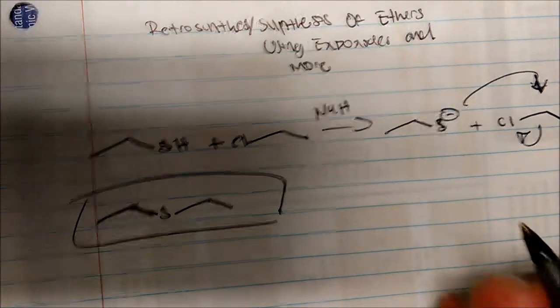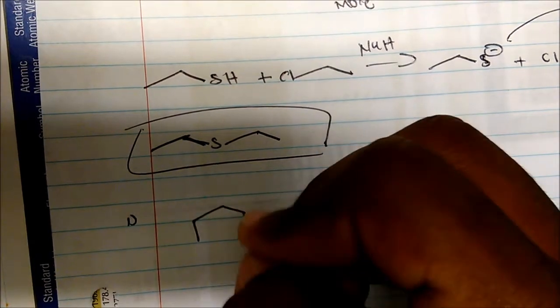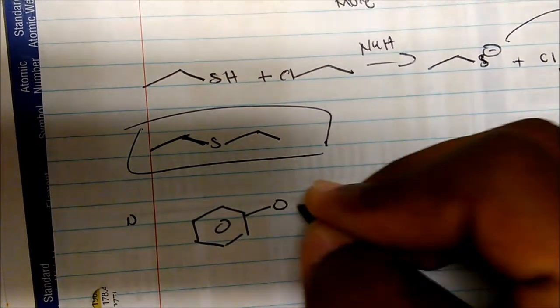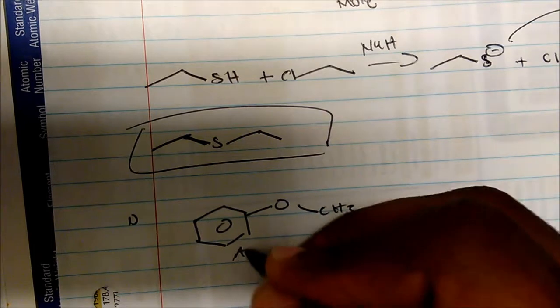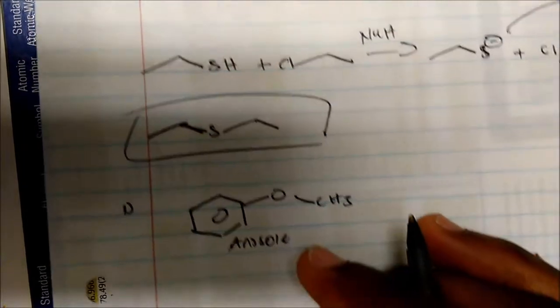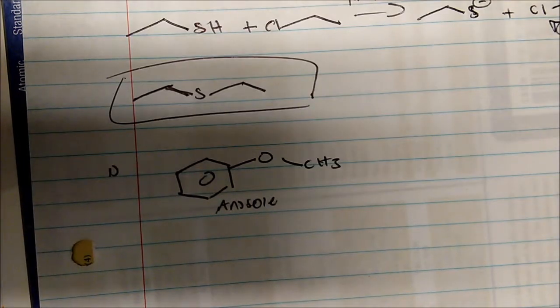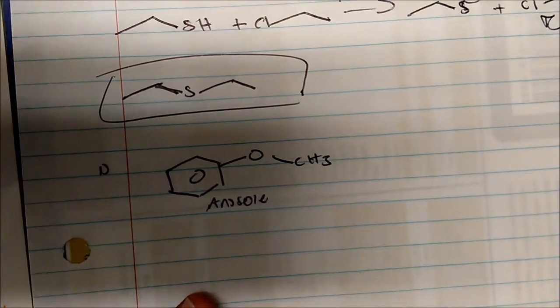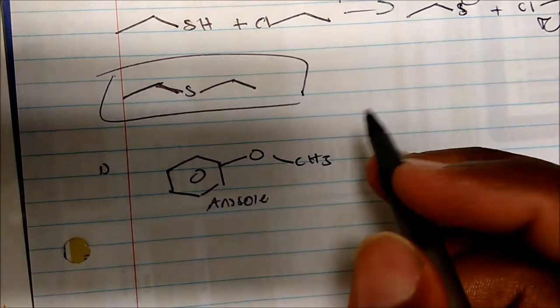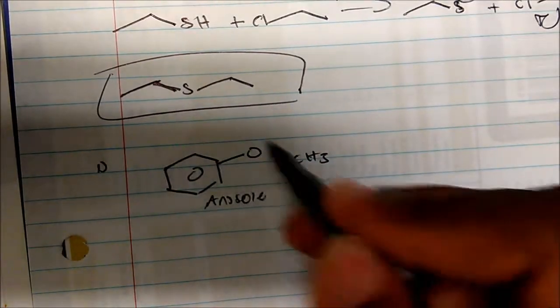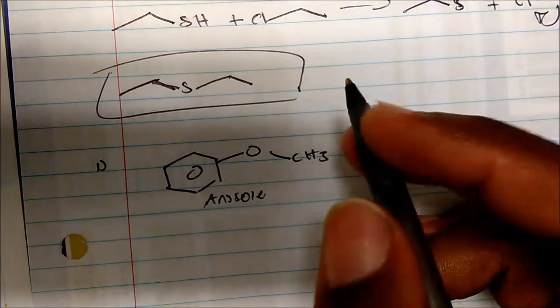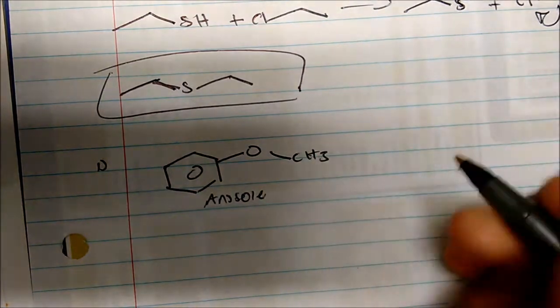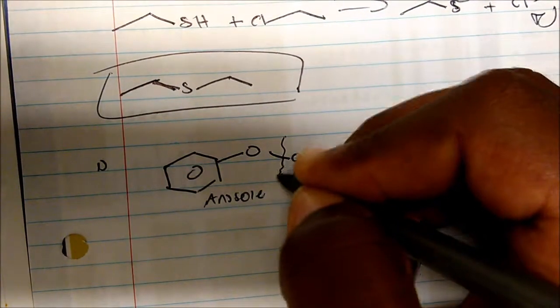Now let's get into the meat and potatoes of this video. So what if I wanted to make anisole? This is called anisole. What if I wanted to make anisole? What would be my reactants? What would I need? Well, I have an oxygen here. I have an R group. So anytime I see this O here, sort of ether, we know, okay, well, I could probably do some Williamson ether synthesis on that. So I'm going to break this bond here,